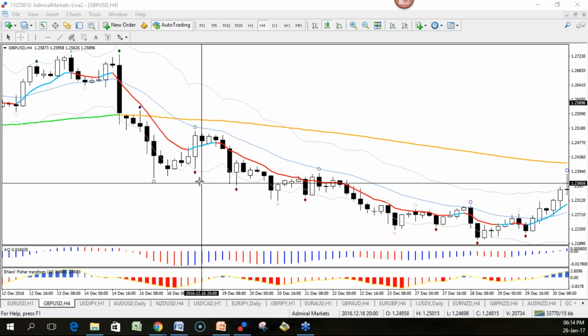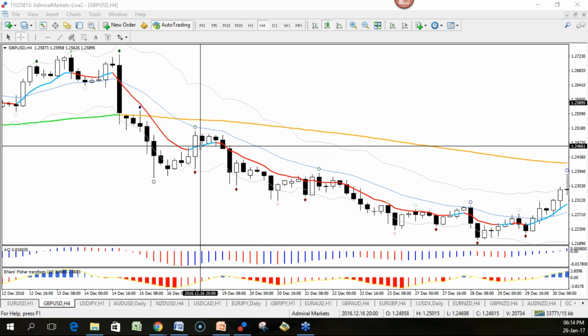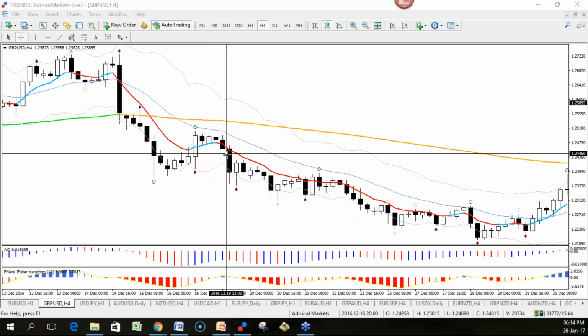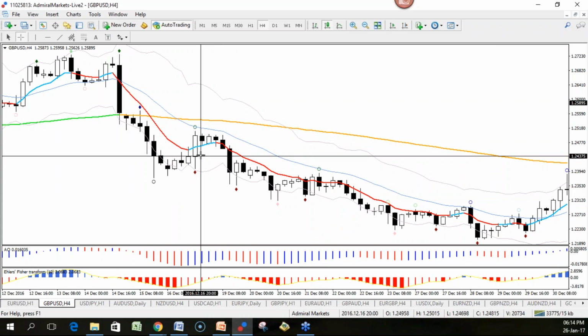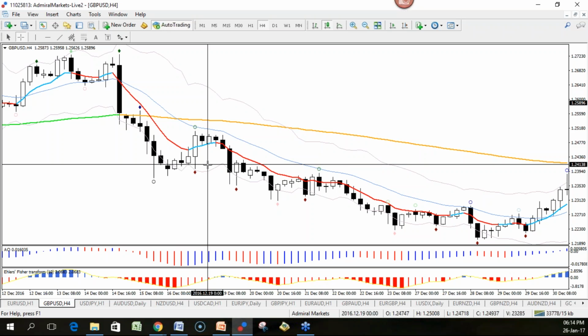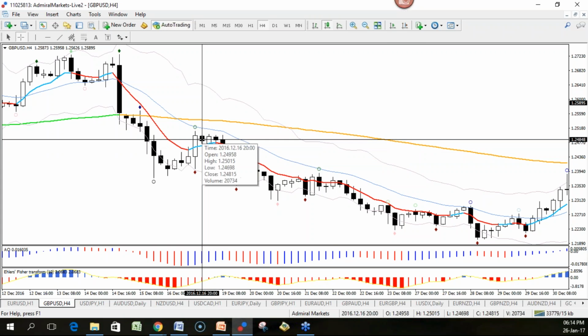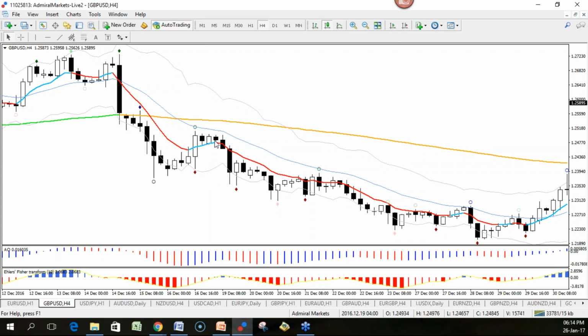This is something that I'm actually going to make an expert advisor for. So this will become easier as it becomes more automated. It's in production, or it's being made as we speak. But for the moment, manually counting 1, 2, 3,